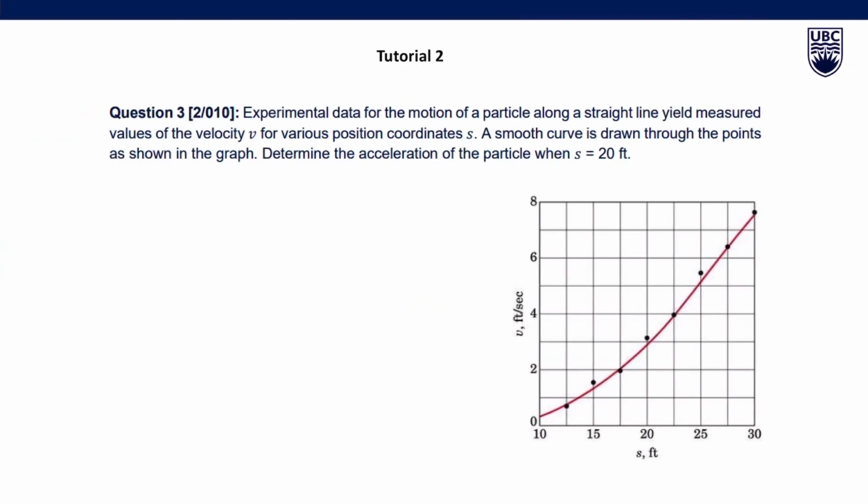All right, let's dive into question 3. We are given a graph that shows how a particle's velocity changes as it moves along a straight line. Our goal is to find the particle's acceleration at the specific point where it's 20 feet from the starting position. So do you remember those 3 equations that I mentioned at the very beginning of the video? If you don't, I suggest you go back to that part of the video and come back to this question again. So we had 3 equations for non-constant acceleration questions, and one of them is